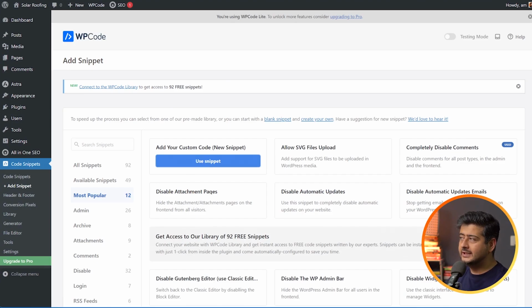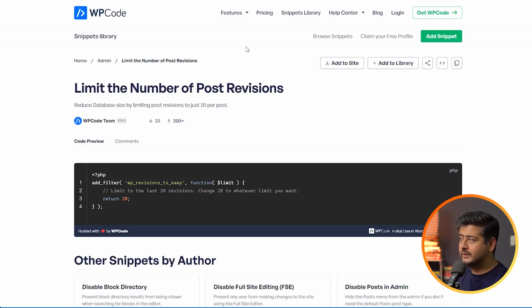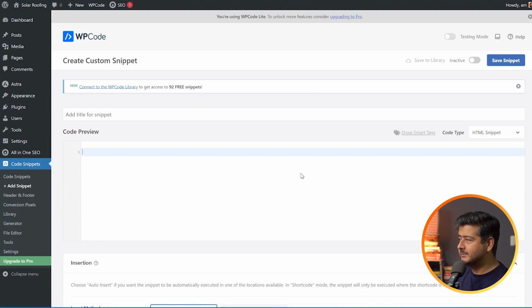And then we'll go to this URL. I'll place the URL on the screen as well. This is a code that you can add to your site. And don't worry, it's completely safe. It's from WP Code's website that you can copy and paste to your site, which will limit the number of post revisions. So all you have to do is copy this, go back to the site and just paste this